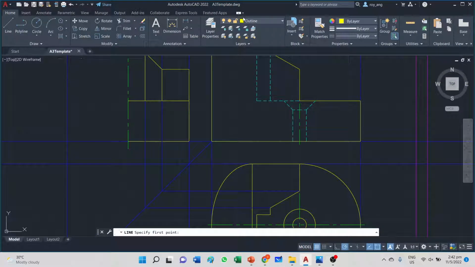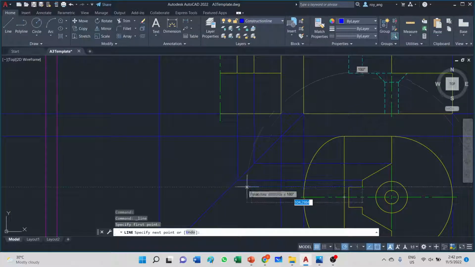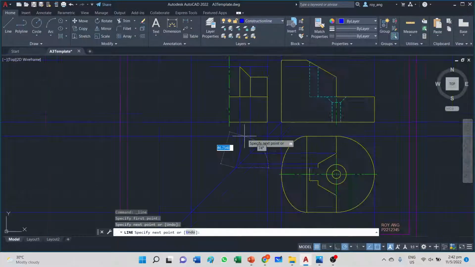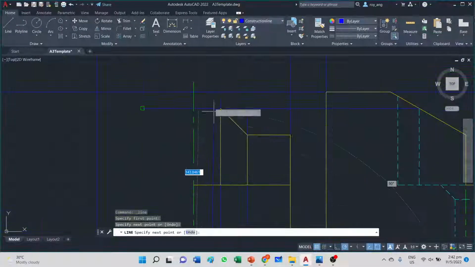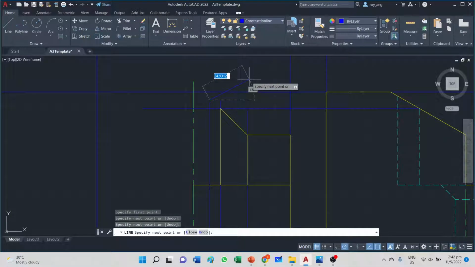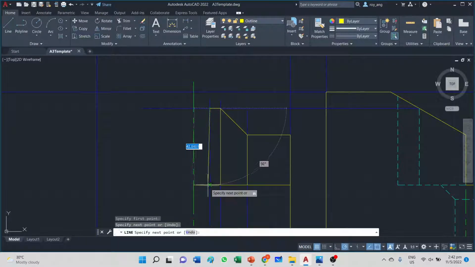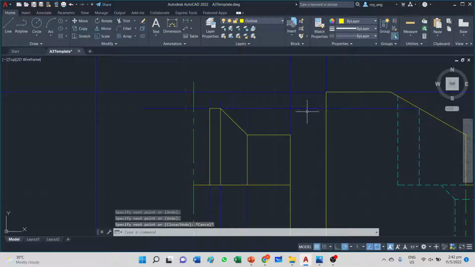And I'll make use of my construction line, and this is where it starts, and I go across and I project up. Okay, then I will have this outline over here. Okay, and this long rectangle strip